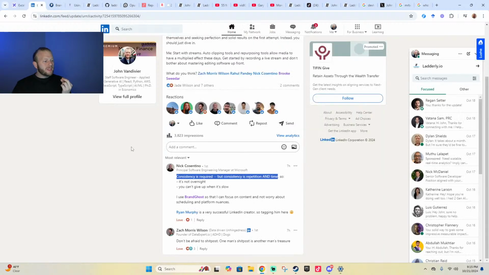Okay, and besides Nick, so he's saying keep it, there's sort of a cumulative interest effect over time, right? And I won't lecture you with the fact that cumulative interest is extremely powerful over periods of time. And so last here is Zach Wilson, a big fan of this guy, founder of Data Expert, really smart guy. And he says, one man's shitpost is another man's treasure. And this is true.